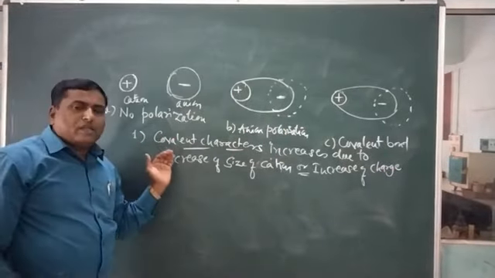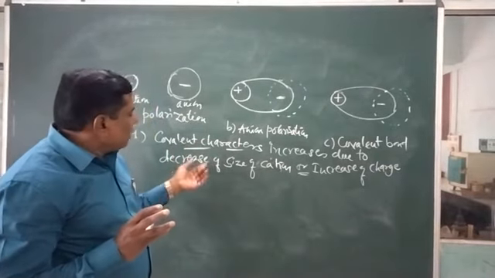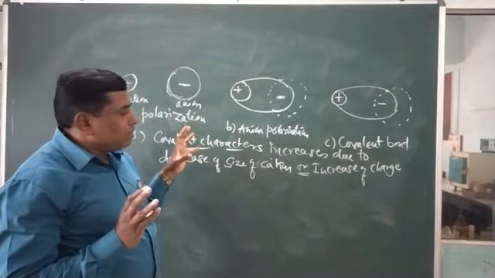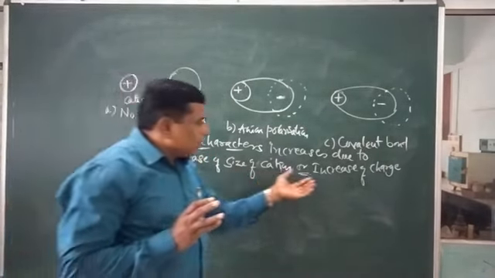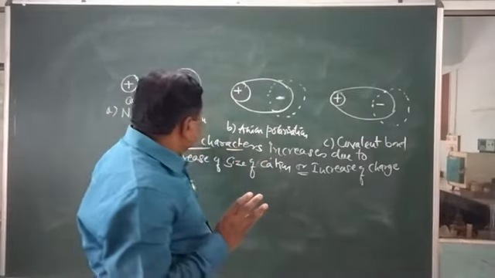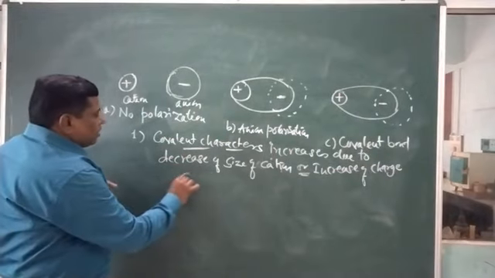When we consider the cation, it possesses two points. First, when the size decreases, covalent character in the case of cations increases. Again, if the charge increases, covalent character increases. Now this will be explained with the first point, that is, if we take CaCl2,